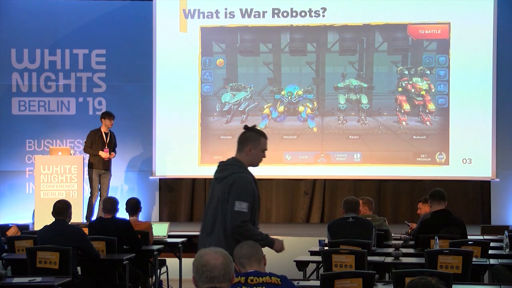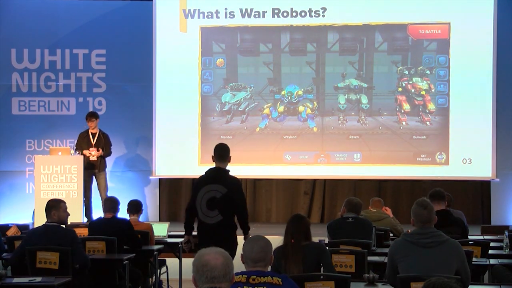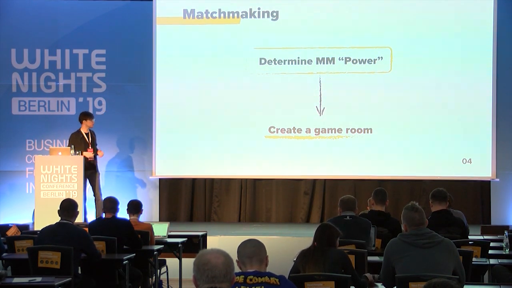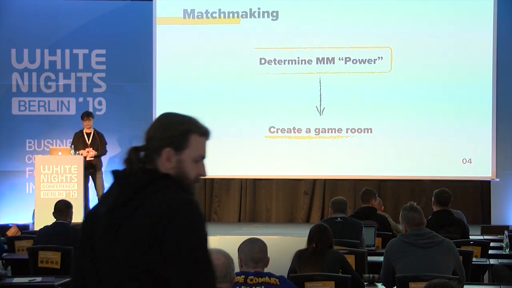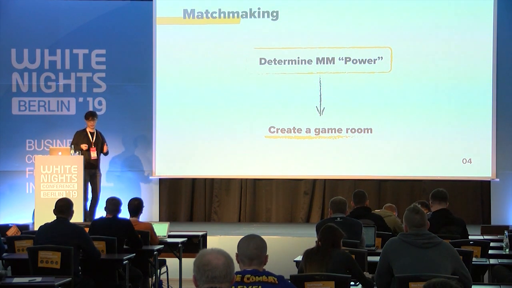As you can see, because we have 6 players in 2 teams, we need some kind of matchmaking in order to put them all together. In order to talk about matchmaking, it is better to divide it into 2 different parts. At first, we try to determine the matchmaking power for the player. And then, when the player is ready to go straight into the game, we try to create a game room